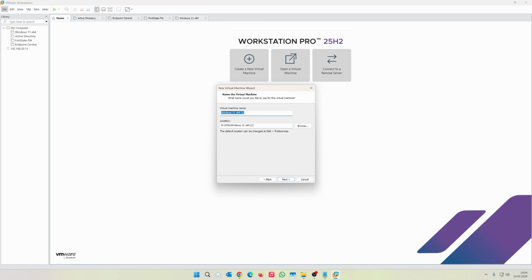So it asks us the virtual machine name and the location of the installation files. After configuring this installation, there will be some files and we will explain what they do. So this location is okay for me, but the name is not. Let's change the virtual machine name